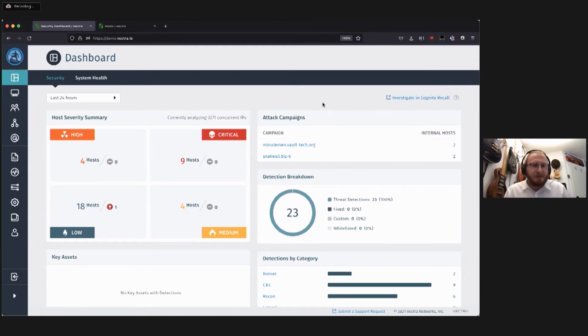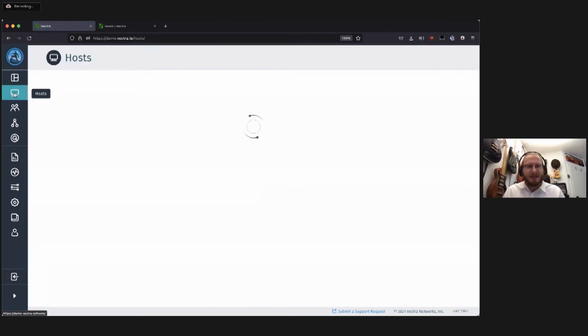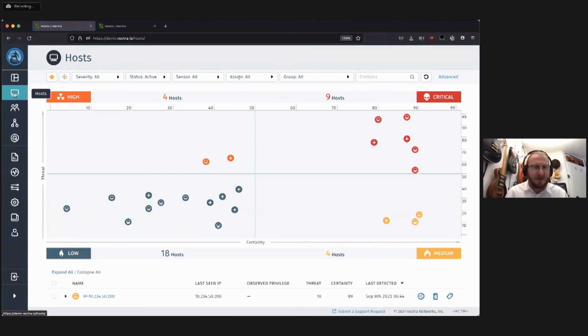So when we log into Vectra, we see the same quadrant as we've seen before. This is my demo environment, a little bit fewer IP addresses, but the same. We have low, medium, high, and critical. Because somehow, if you see alerts, if you see some situations, you need to know how critical it is and how fast the attention is needed from your side. When we have a look at the quadrant itself, you see there's a threat score and a certainty score. Those are the two metrics where we identify hosts and detections.